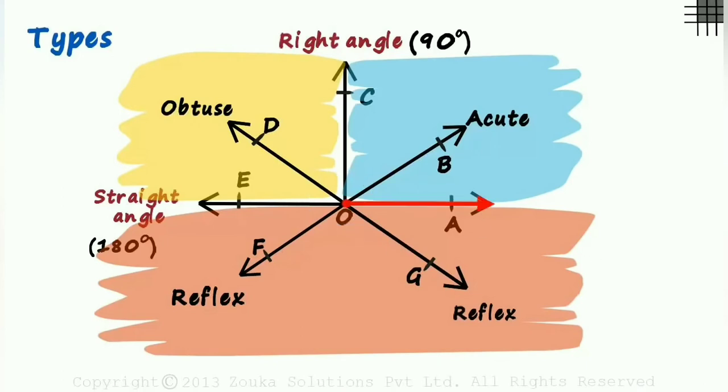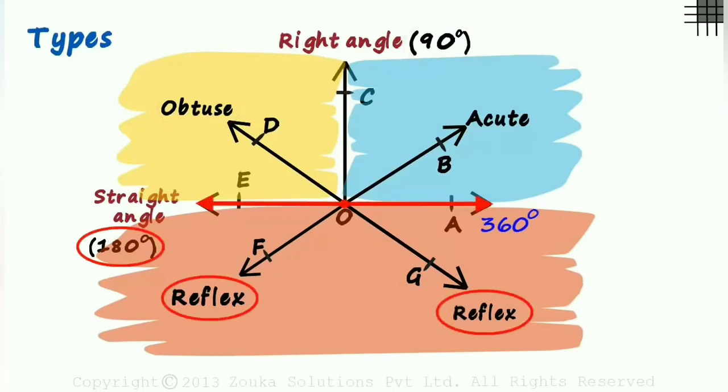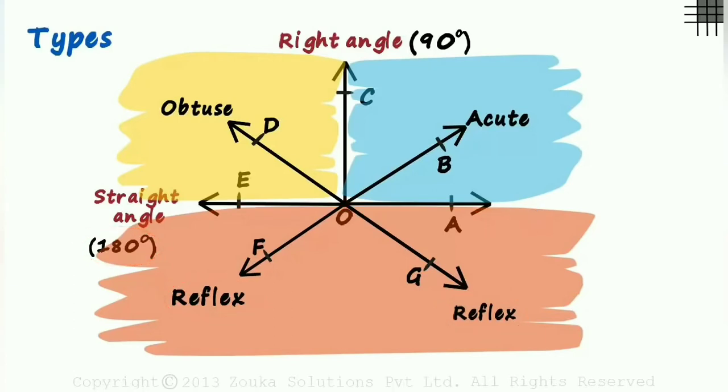Any angle between 0 and 90 degrees will be acute. If it's between 90 and 180 degrees, it will be obtuse. And if it's between 180 degrees and 360 degrees, it will be reflex. One way in which you can remember this is by knowing that the letters A, O, and R are in alphabetical order.